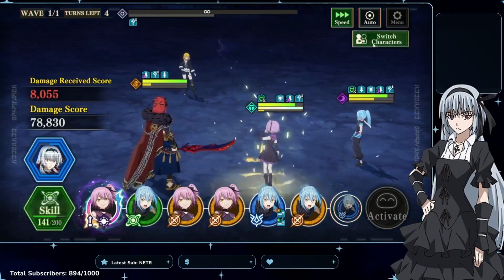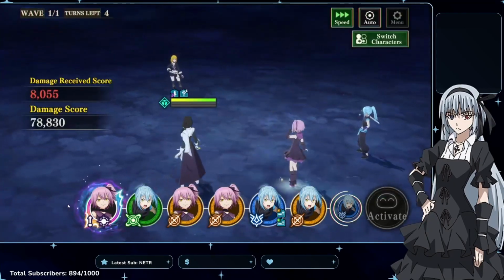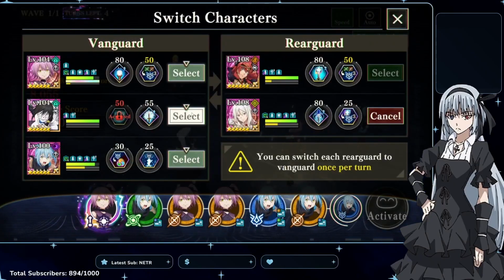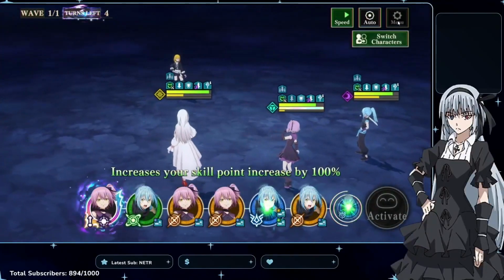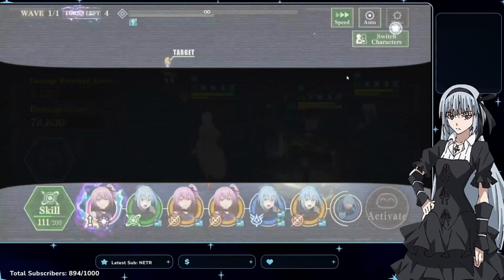But we can see here, I already have Violet's ult, which is great. I'm gonna swap the hero in here and then pop the rewind, and then swap her out obviously for Blanc. So here, because we only have 6 turns, I obviously want to get the EX ults of everyone as fast as